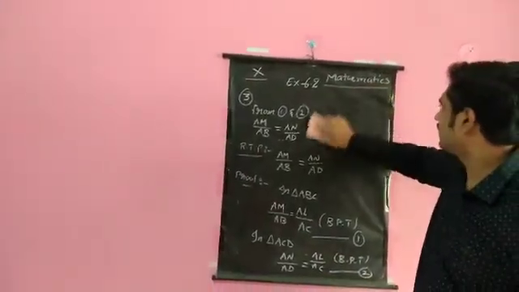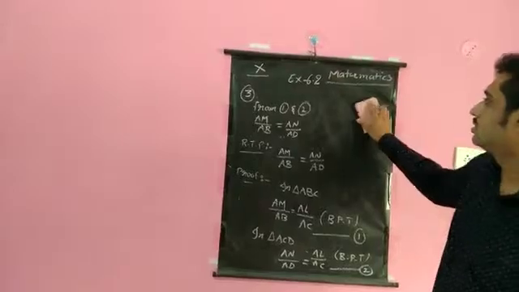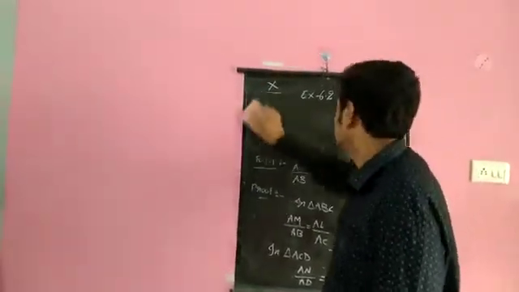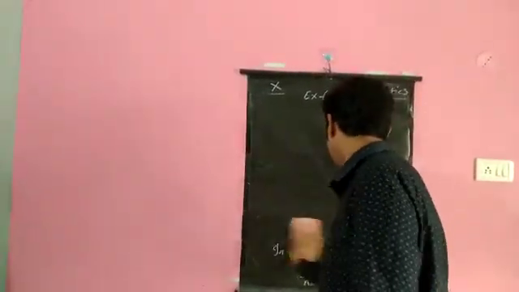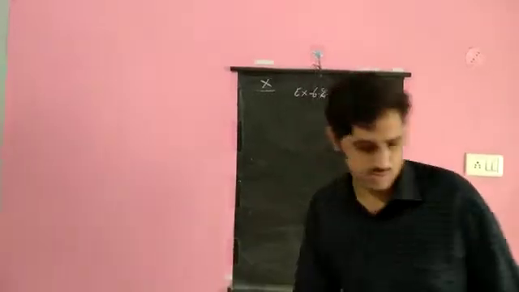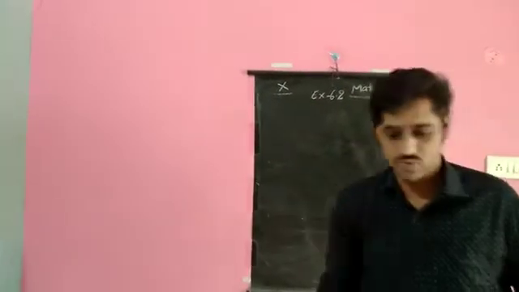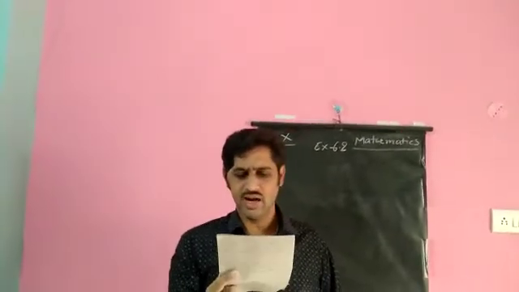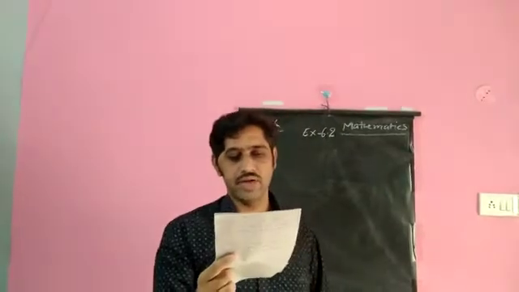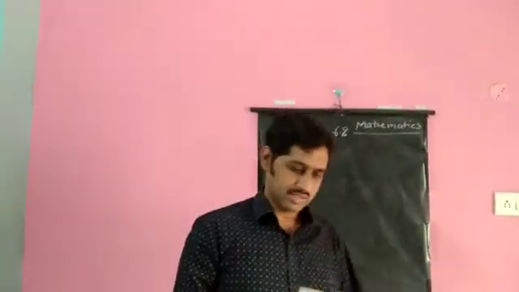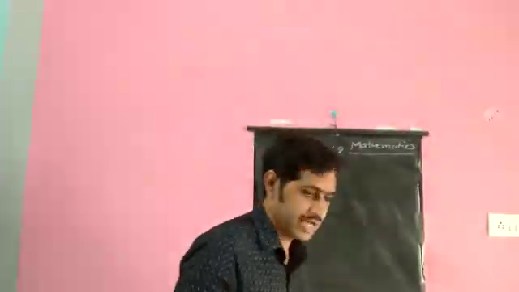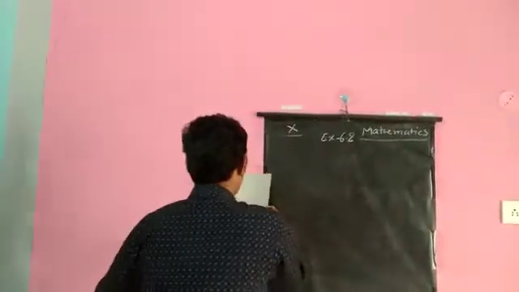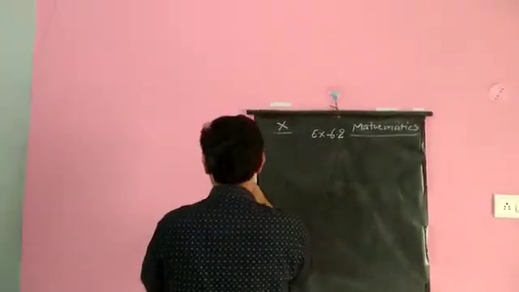I draw the figure, which is there in your textbook. Write for question number 4. In figure 6.19 of your textbook, we are given DE parallel to AC and DF parallel to AE. Prove that BF by FE equals BE by EC. The good thing for us is that the diagram is given. Otherwise, we would need to draw the figure using this data.